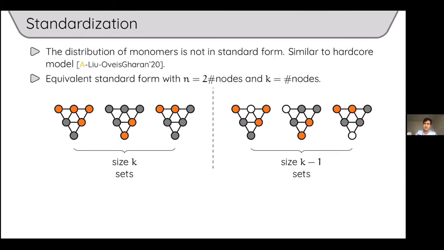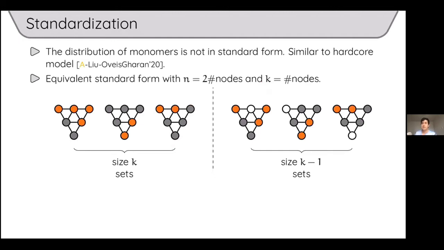But here is a trick that you can do to make this of a uniform size. Basically, for each vertex in the graph, introduce two elements, let's say a gray element and an orange element. So overall, you have twice as many nodes as your n. And a configuration, basically an assignment of monomer or not monomer to the vertices, would just be a subset of these elements, and the size of this subset would be just the number of nodes. For each node, you select one of the two. So an assignment or a configuration would just be a subset of size k out of these n elements.